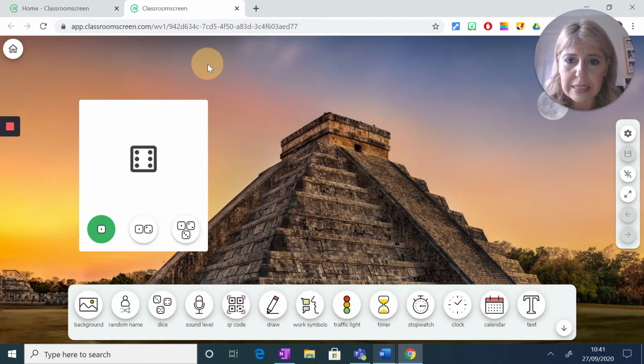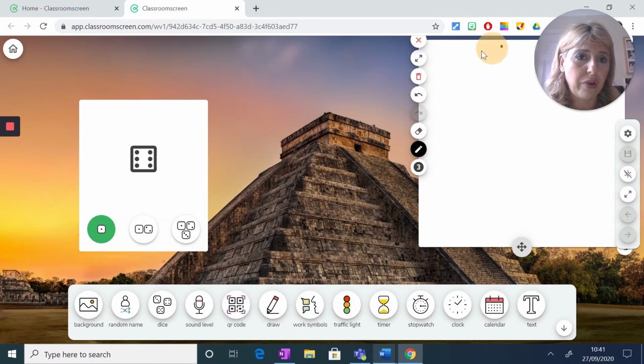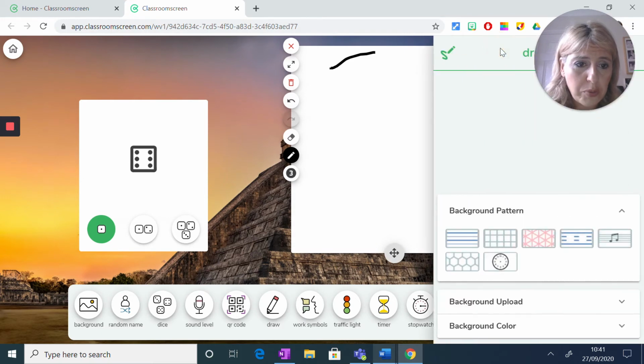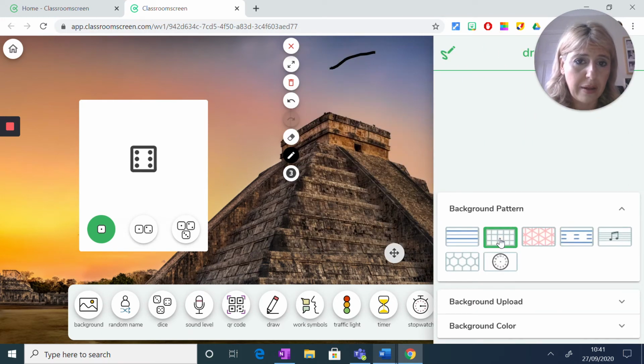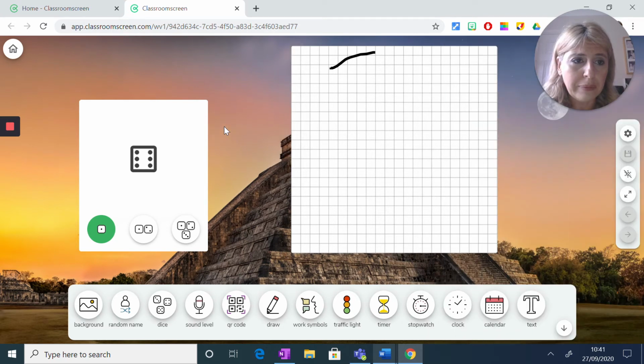With the draw option, it's basically the same as the text, but with the difference that you can actually draw. So what you have now is an interactive whiteboard, as you can see. What I like about the draw option is that you also get something like that. For example, if it's maths, now you are in your interactive whiteboard, you've got your pen, and then obviously